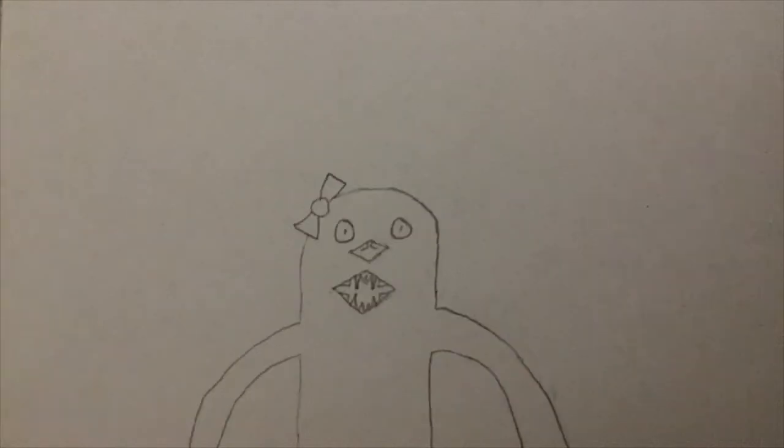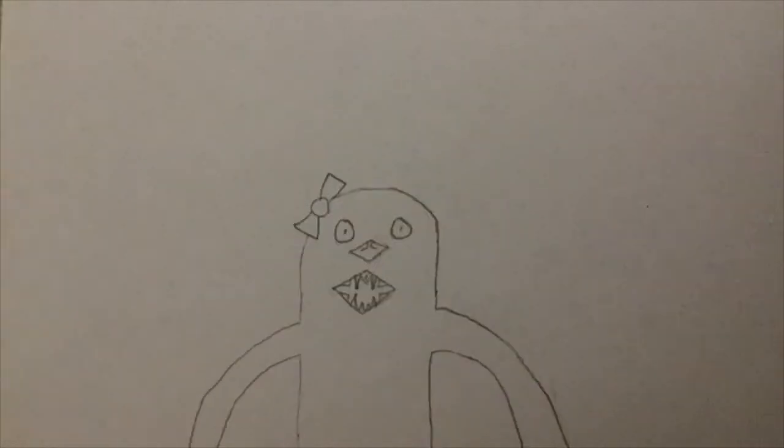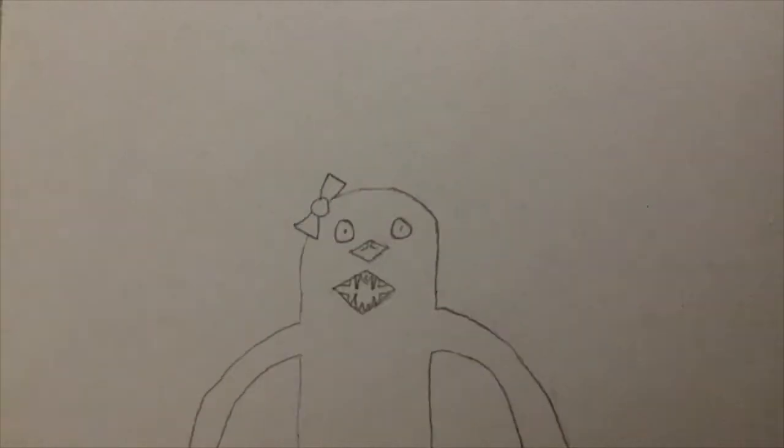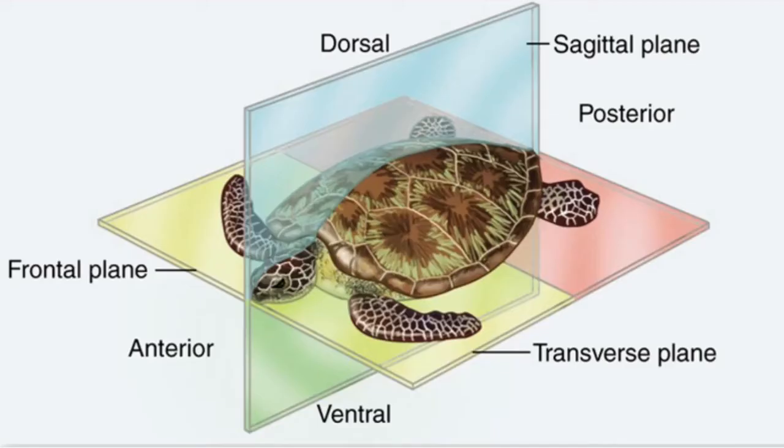So, as Radialzoa diversifies, some forms may begin actively moving around their environment. This condition is called motility, in contrast to sessility, the inability to do such, that describes all clades I've introduced so far, save for lunar plantae. On Earth, this resulted in the evolution of bilateral symmetry, but it doesn't have to happen the same way on